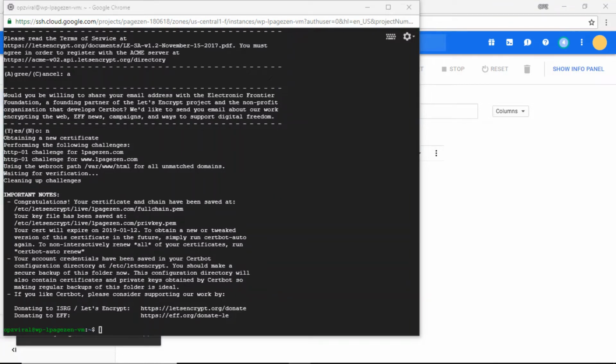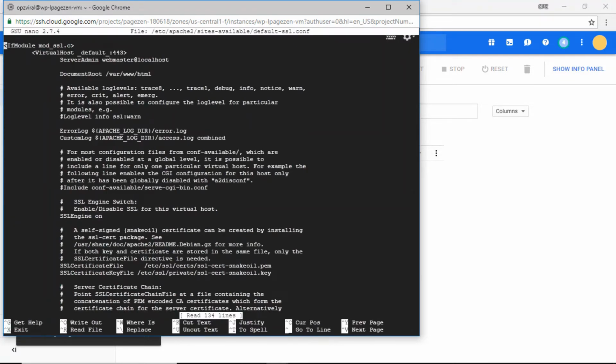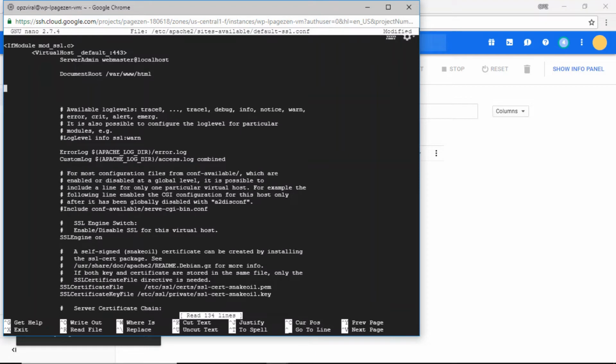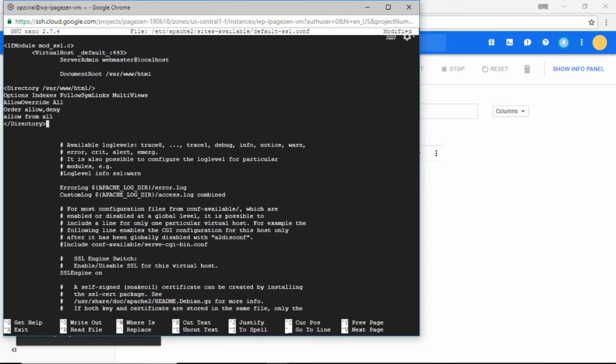All right, so now the next step in this tutorial is to configure our SSL certificates. So I'm going to paste this command, and this command is going to open up our default-ssl.conf file for editing. So I'm going to press enter. And now that we are in our default-ssl.conf file, I'm going to move my cursor right below the document root line here. So right below this line, and I'm going to copy and paste the segment of code from the tutorial's page here. So I'm going to paste that,